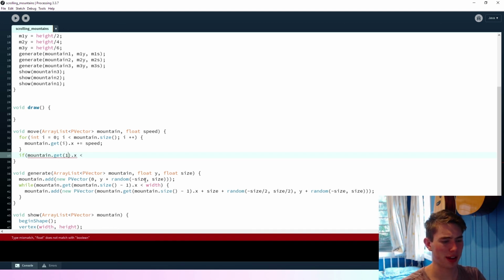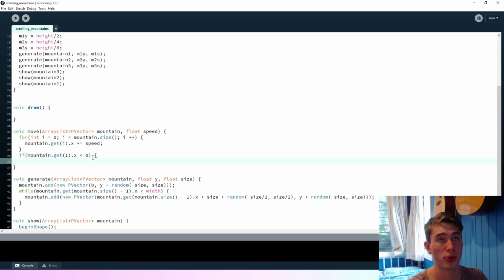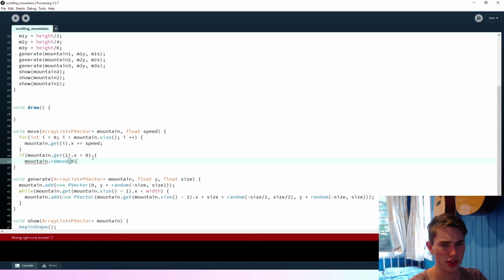I'm not sure if that makes sense to you, but if you want to fiddle around with this code, feel free, and you can play around with these values and see what happens. So if the second point x is less than 0, then we want to remove the first point, and this will just stop the array getting too big and us drawing points on the screen that we don't need to anymore. So then we'll say mountain dot remove 0,